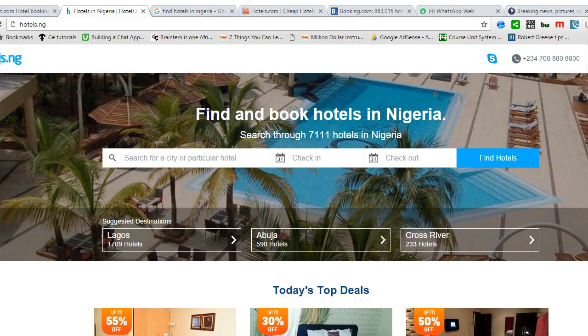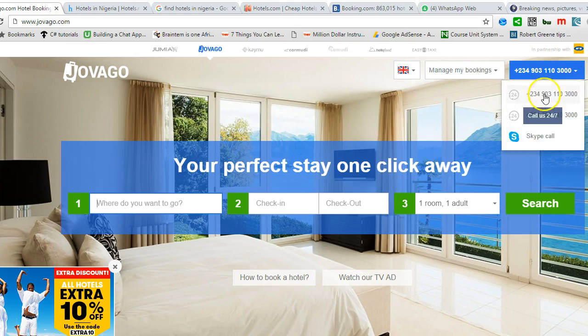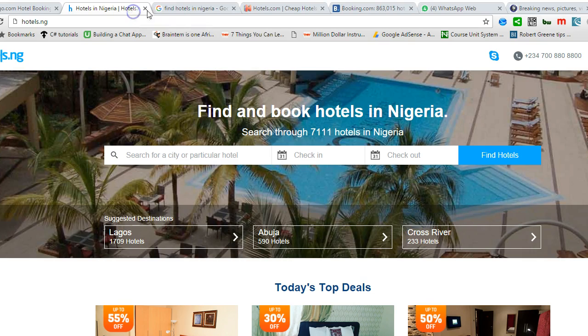So I commend both of them, but Jovago wins on this. Then when you place your mouse here, you're seeing more. Jovago wins on this. Then the next thing you want to check out is